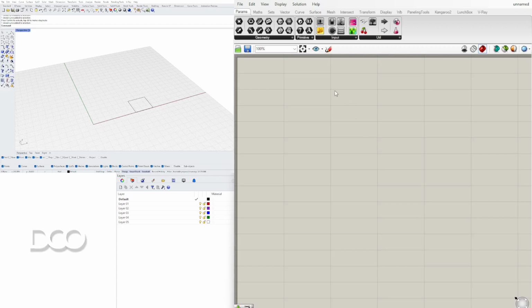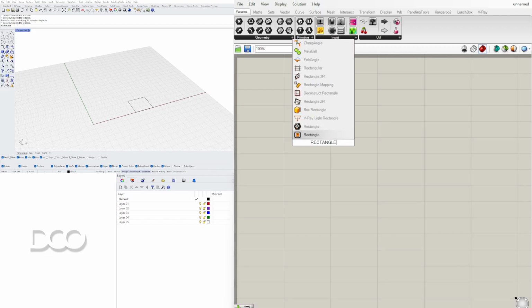So first thing that we do, in the same way that we did it in here in Rhino, is we want to double click, and this is the way that you basically type in a command. So in Rhino, when you type in a command or click a button, the way to do that here is double clicking on the blank space. Now we can type in rectangle, and I can bring in this rectangle component,